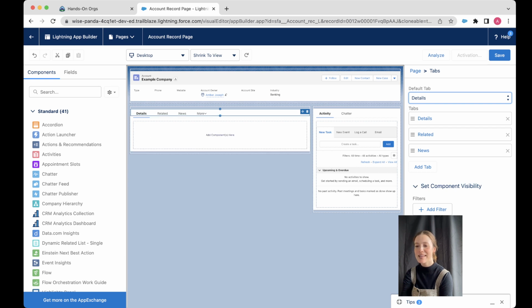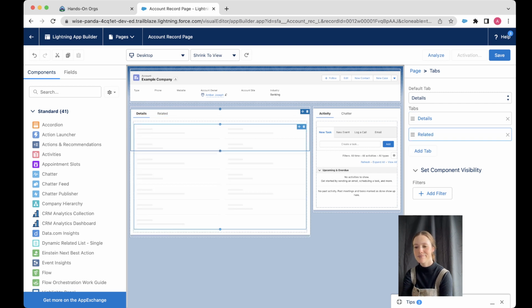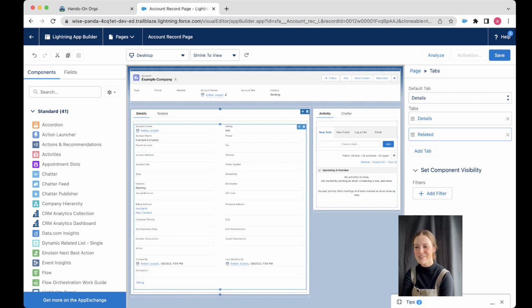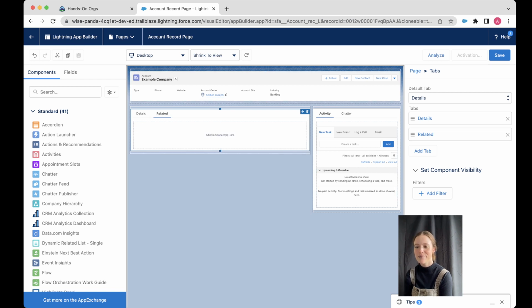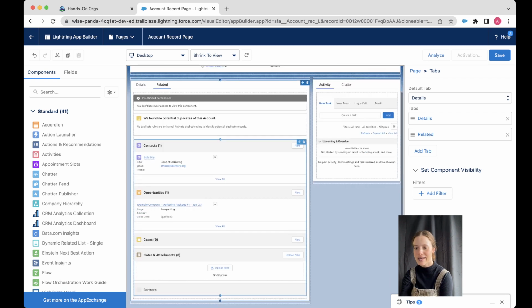And then we don't really need the news one at all, so I'm just going to remove that news one completely. So that was nice and easy, not too bad. If I go into this related tab here, all right, and then click on this section,